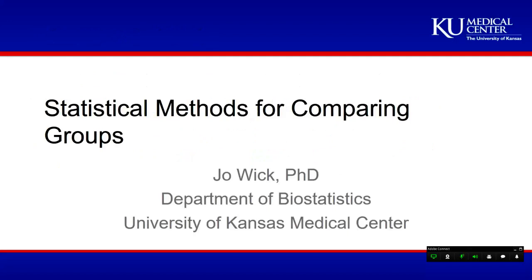Today we're going to focus on how we use statistics to compare groups. We're going to look at the t-test specifically, some chi-square tests for categorical data, and we're going to begin with looking at 2 groups, and then extend that out to more than 2 groups, touching on the analysis of variance, the simplest of the ANOVA models, and time permitting we'll get to survival analysis at the end, with the idea that hopefully next week we'll be able to get to